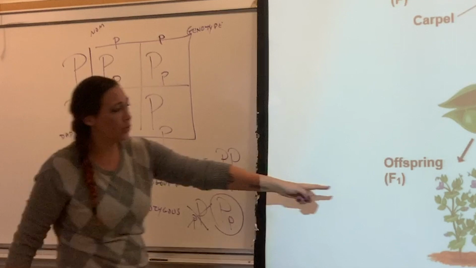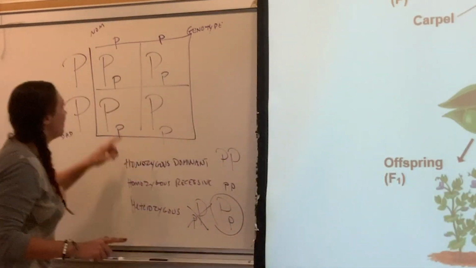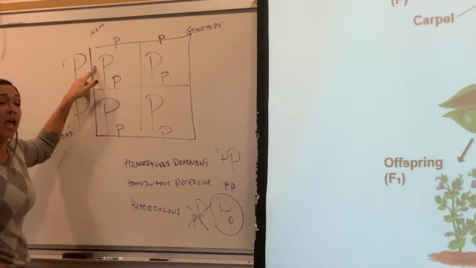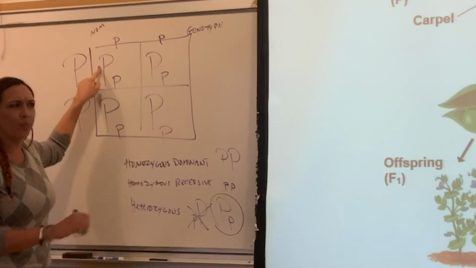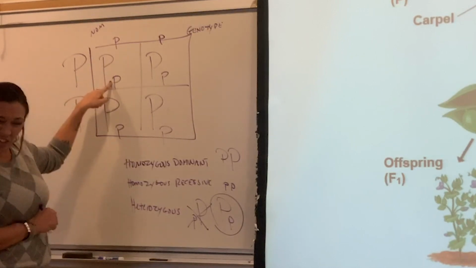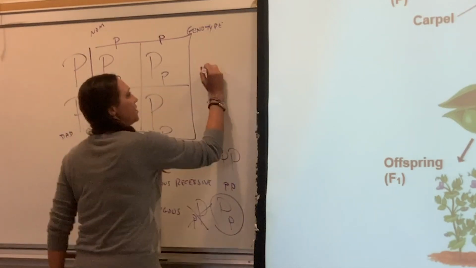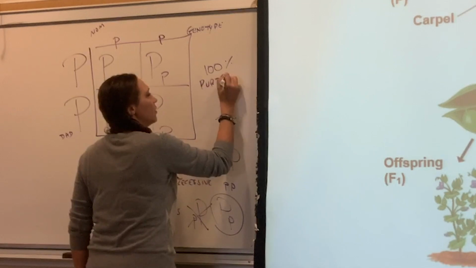And that's exactly what you see here. Every single one of them is purple because they're heterozygous. They have one dominant and one recessive. The dominant one masks the other one, and the dominant one is dominant, so it kind of pushes the other one there. He's still here, but he doesn't show up. And now we have 100% of offspring purple.